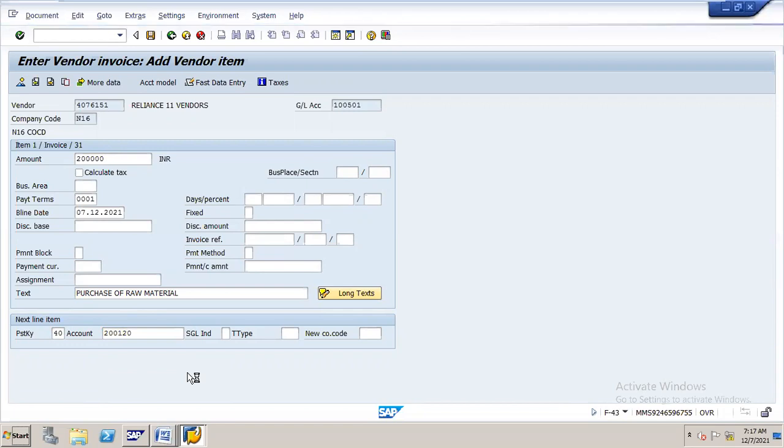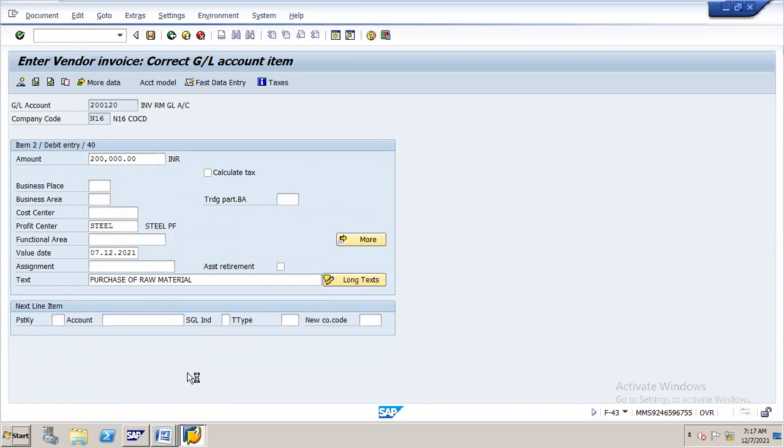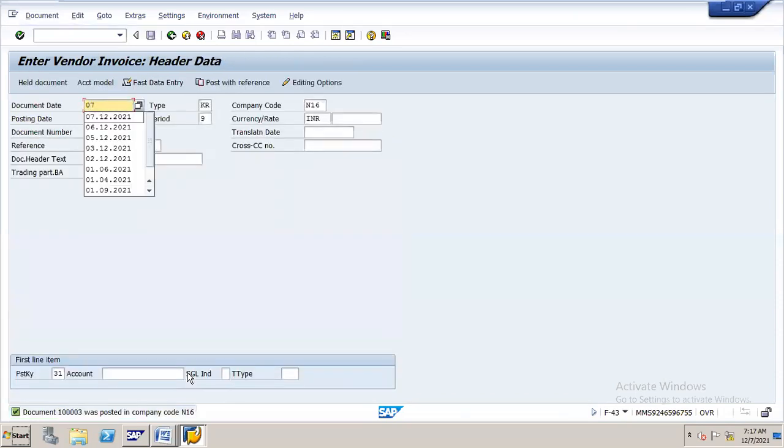Vendor credit, raw material debit. Let me post one more. I'll post one more invoice.